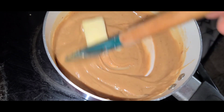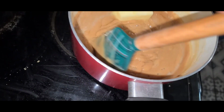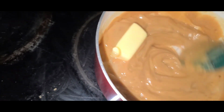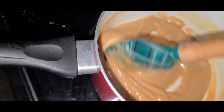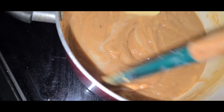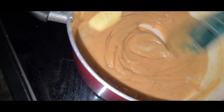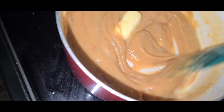So before you remove, you could put it back on. And there's the half. Now it says to add just enough powdered sugar that you think this will be spreadable. So basically you want to melt this into this hot caramel. And then we're going to add just enough powdered sugar to make this spreadable on a cake and not, you know, caramel. And then if we make it too thick, we're going to add just a little bit of whole milk or milk. 2%, 1%, whatever. Okay? So I'll get it to the consistency that I think I need. And then we'll bring you back for the...